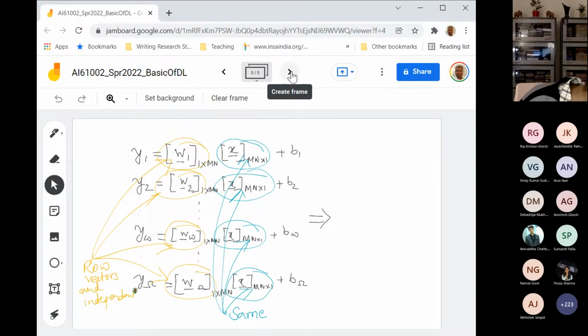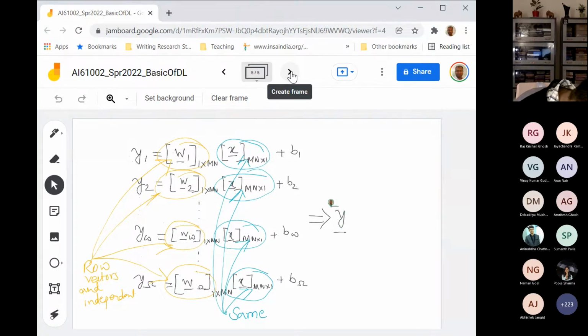So now what I can classically do is rewrite this by stacking all of them. I can basically stack one row above the other row, and by that I will obtain this y, which now